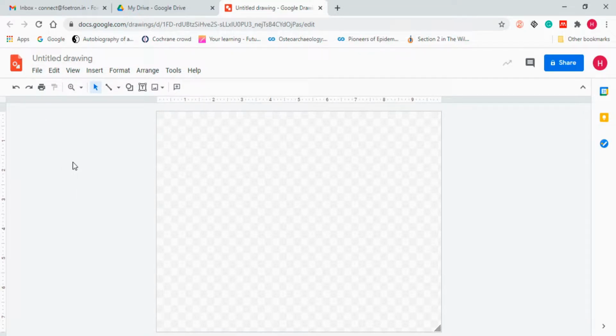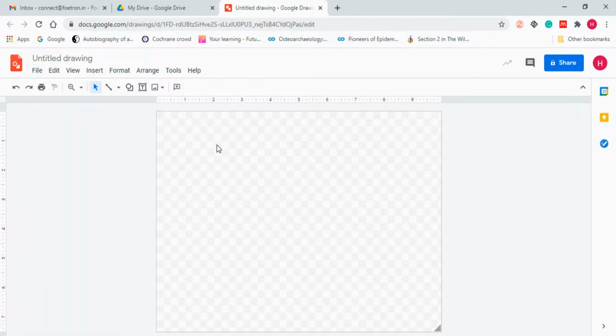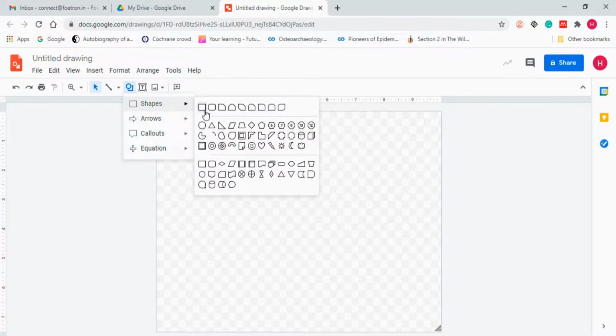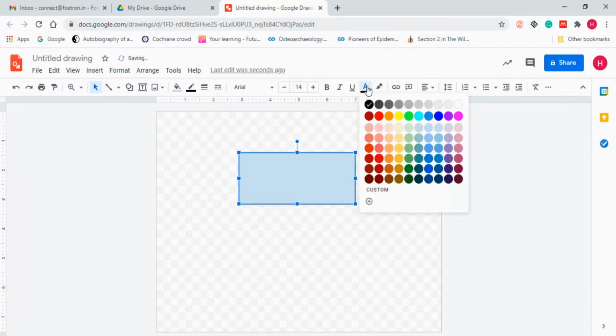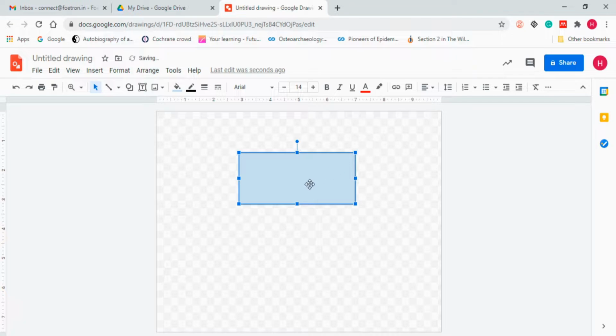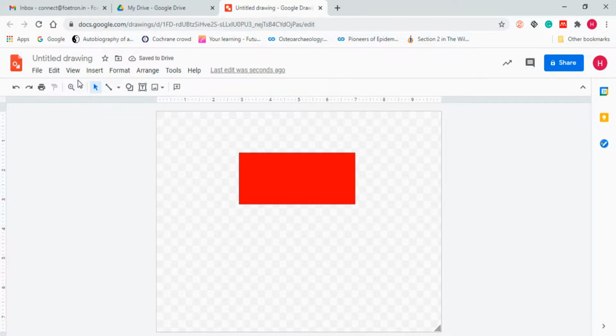Now, as I've told you in my objective, today we will talk about the file section. When I click on it, you will be able to see all the options that are available. So before doing anything, let me make something. We will give it a shape, a rectangle shape, and we will just make it red. After that, we will fill color that will be again red. So this is what we have made.